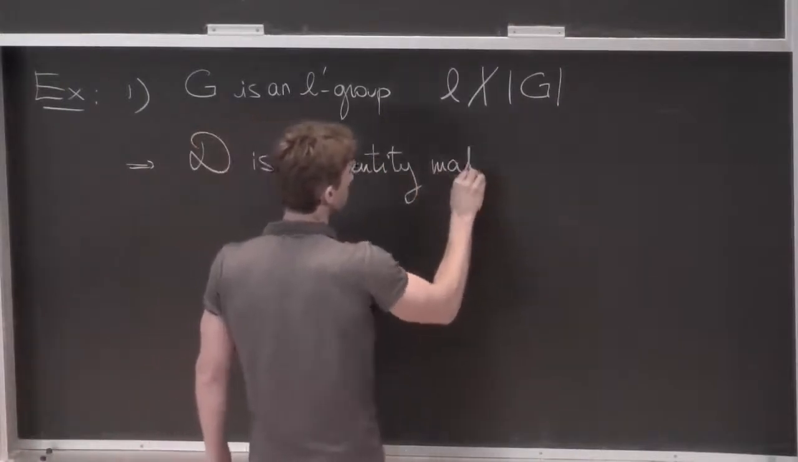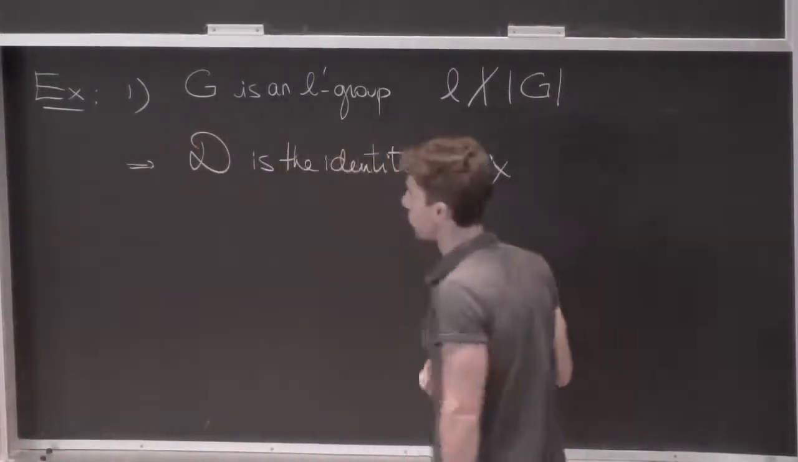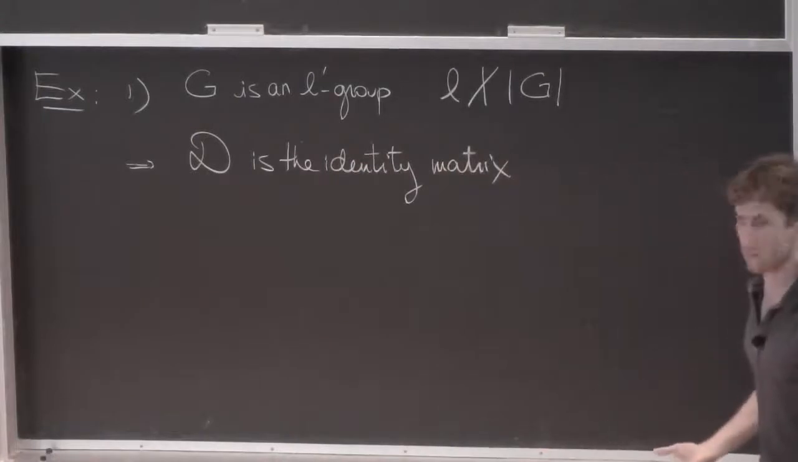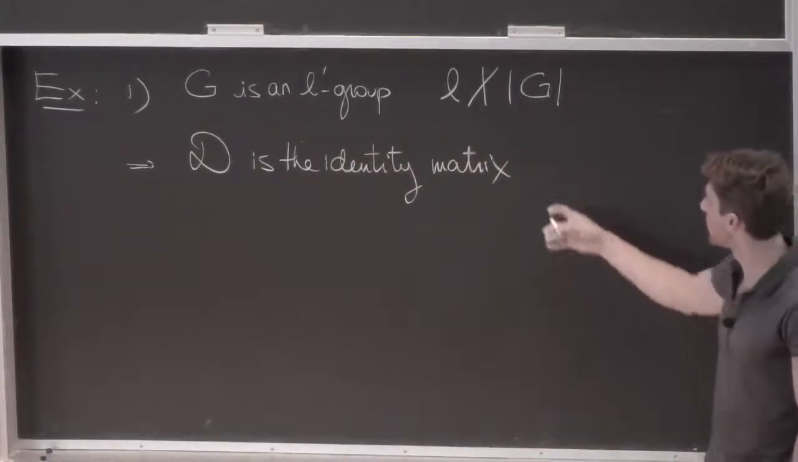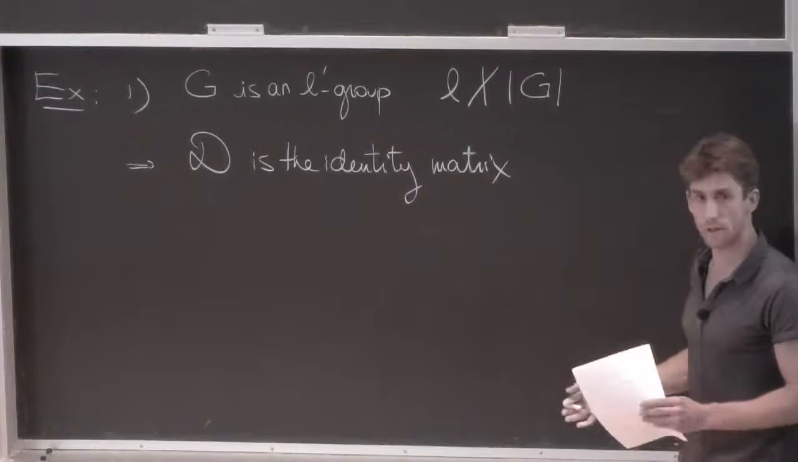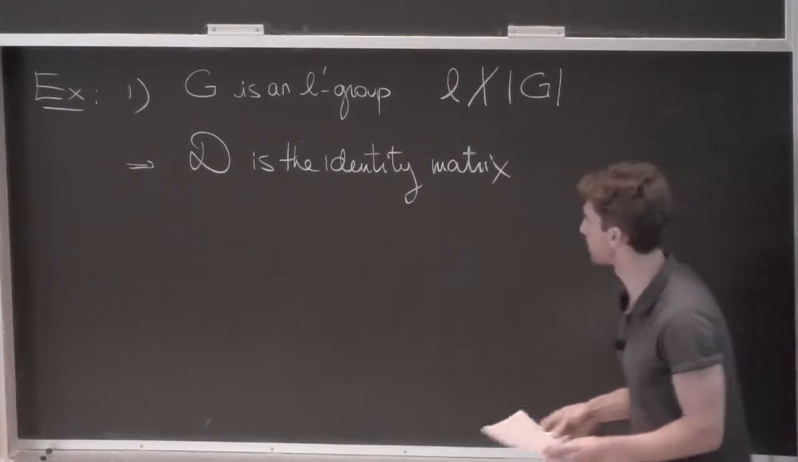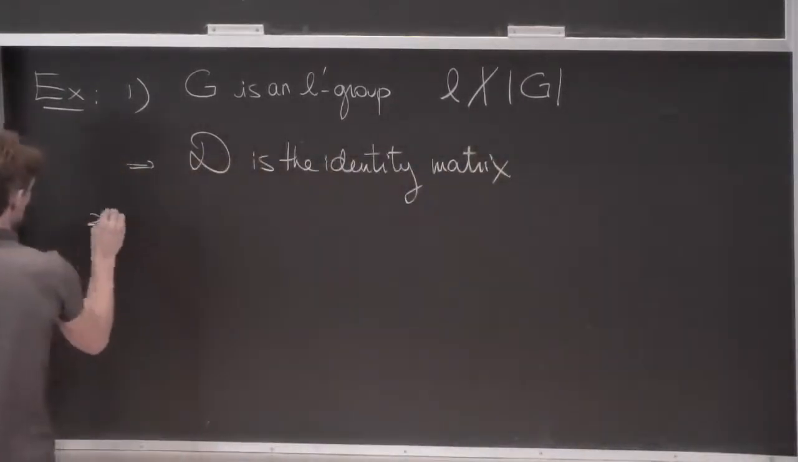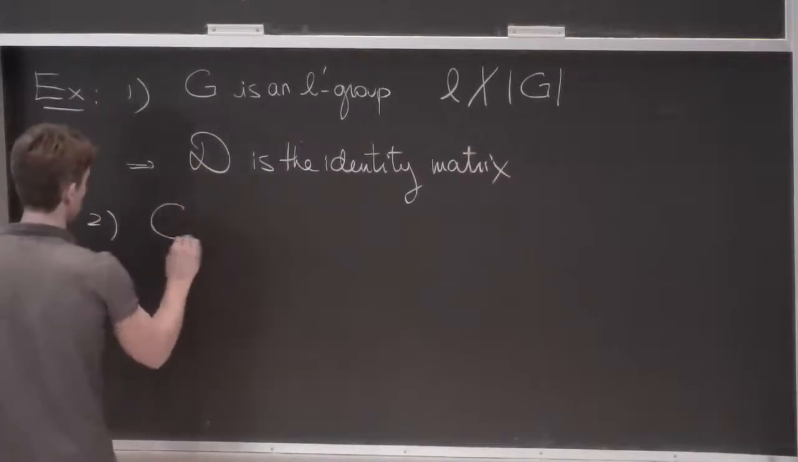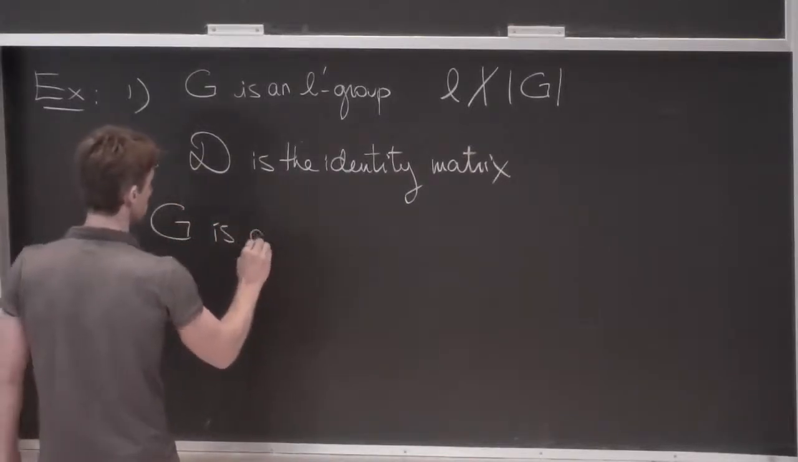So that's really the boring case if you want to do representation theory, like modular representation theory in characteristic L. Nothing happens really between characteristic 0 and characteristic L. The second example that she mentioned was the other extreme. G is an L group,